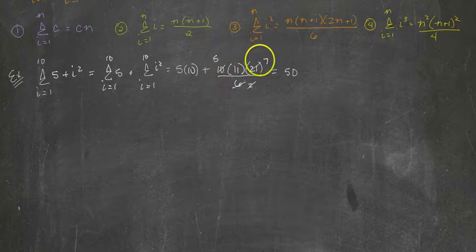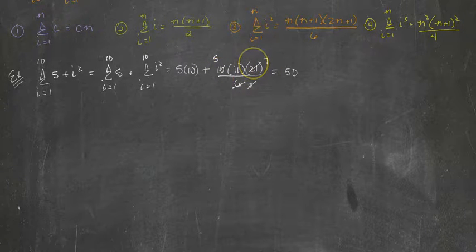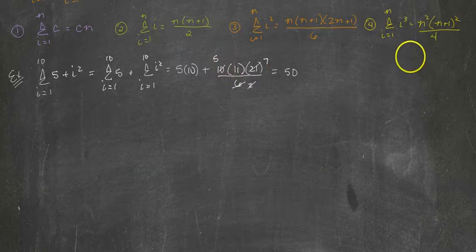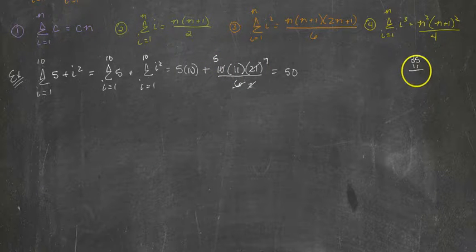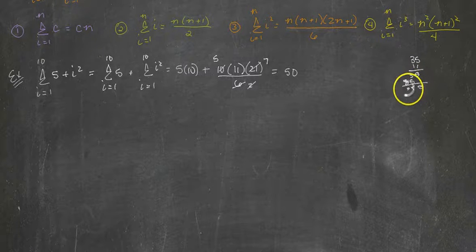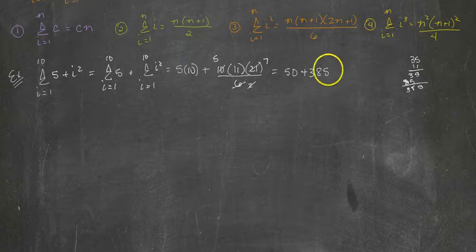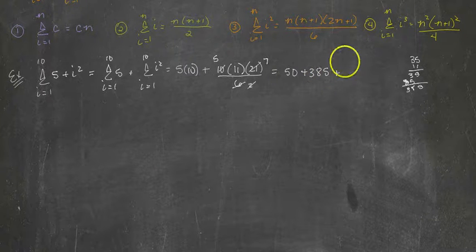5 times 7 is, I don't know if there's an easier way to do this, I'm going to have to do scratch work. So 5 times 7 is 35 times 11. So that's 5 and a 3, 3 and a 5, 5, 8, 3. 385 plus 50 should be